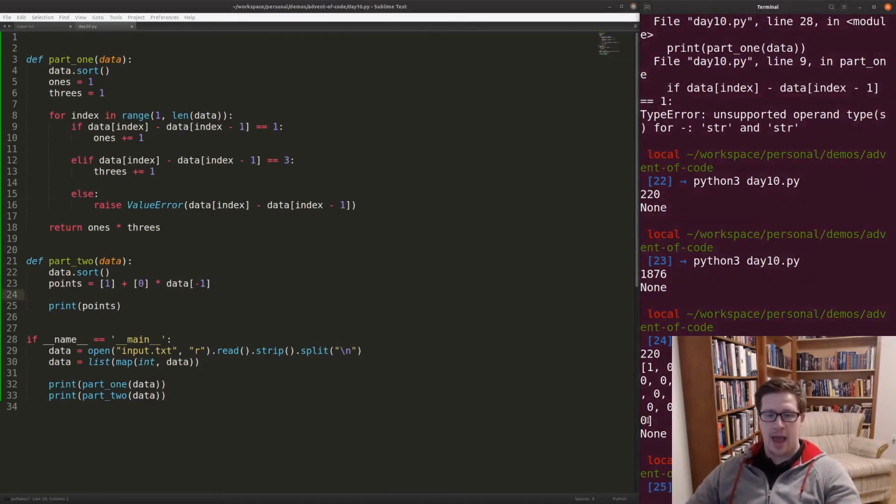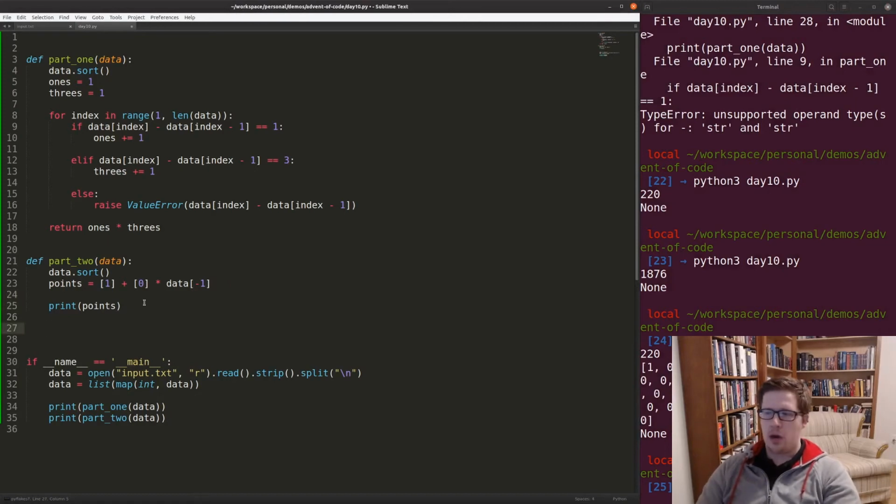So we actually have a value for all of these. I think this is correct, okay? So next, we're going to say for val in data,